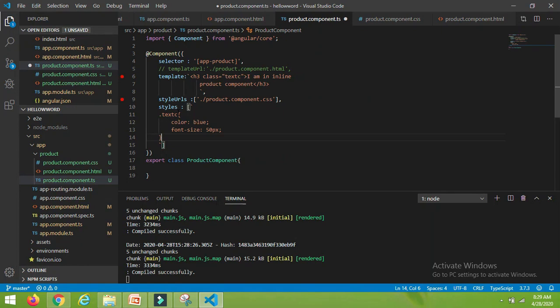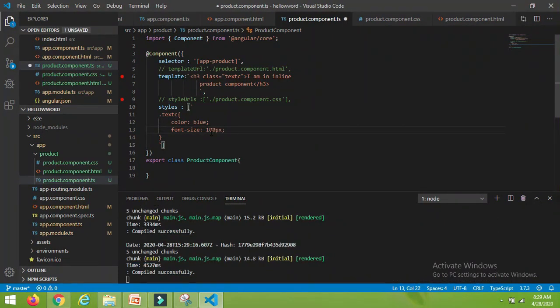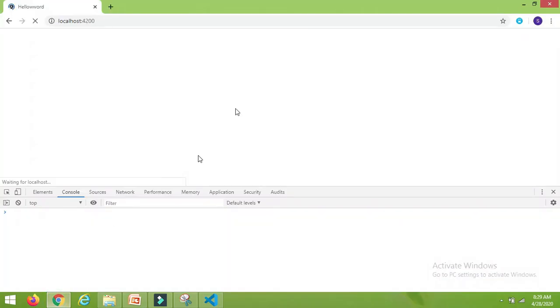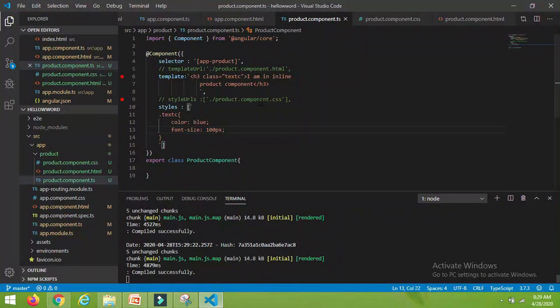So now I am using inline styles, right? Let me comment here. Let me change this font to 100 pixels. It's reloading. Yeah, we got our output, means our inline CSS is also working.